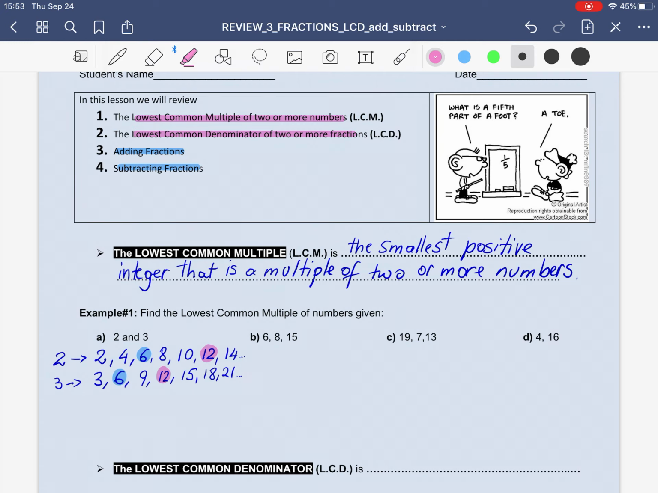But if we continued on a little bit more, we probably find more common multiples. But the idea is that we are trying to find only the lowest common multiple. And the lowest common multiple, in this case, for numbers 2 and 3, would be 6. So we say that the lowest common multiple of 2 and 3 is 6. That would be the answer. Okay? Now we'll continue on with a new example where we have to find the lowest common multiple of 3